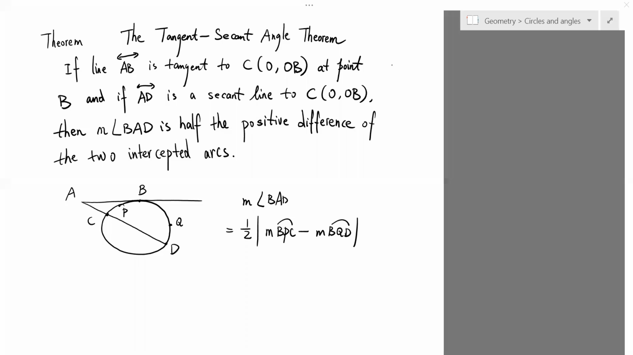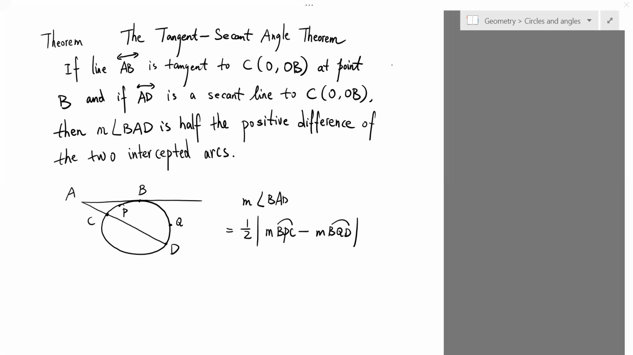In this video, we're going to go over the tangent-secant angle theorem. Now let's look at the statement. If line AB is tangent to the circle C of O, OB at point B, and if AD is a secant line to the circle, then the measure of the angle BAD is half the positive difference of the two